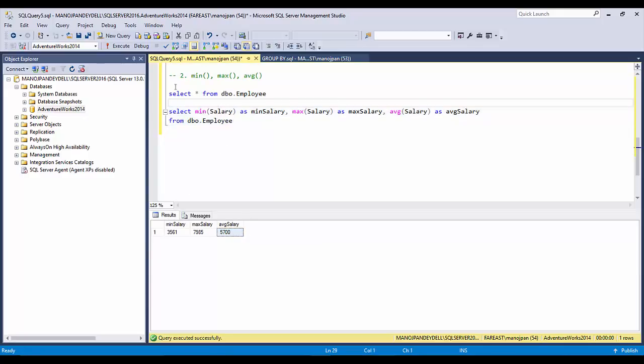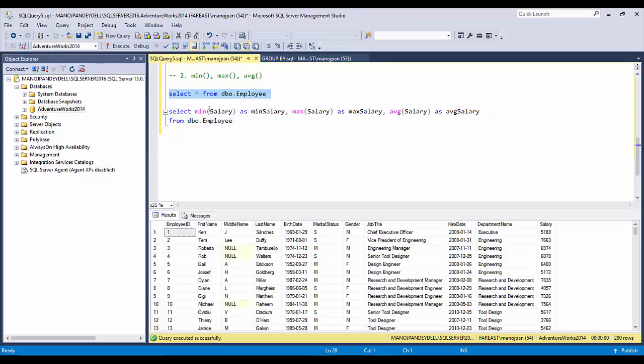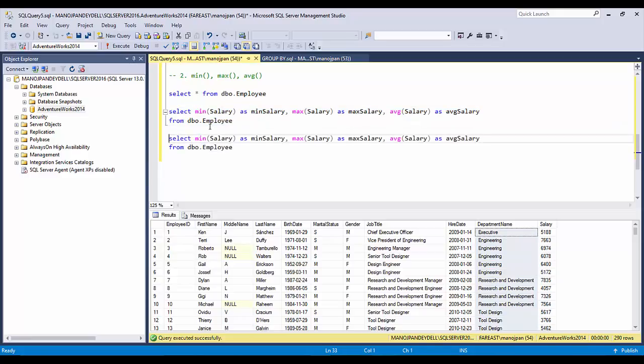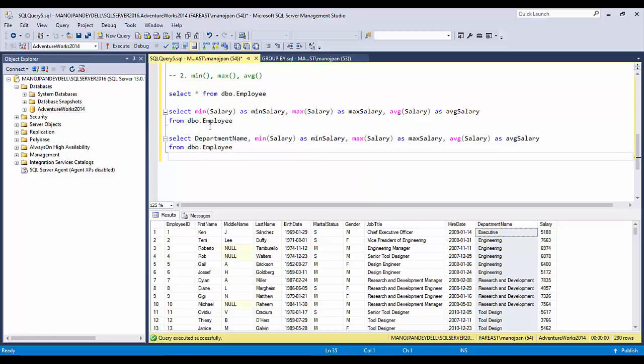Okay, so let's see again how we can expand this. I want to see the salary distribution across departments, right? So how can I do that? I can use the same query, and let me group the salaries by department name. So I'll have to use the department name column, and the same column I have to use in the group by